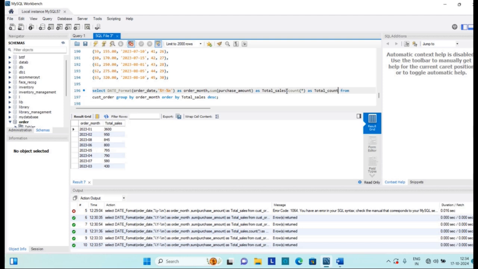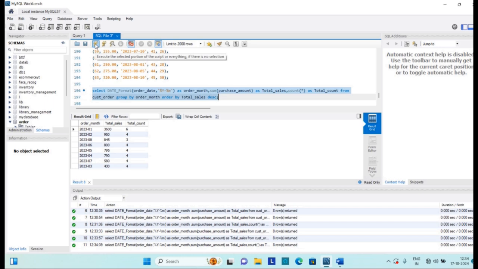It will count the number of rows of a group. Suppose I have about 10 orders in January, there will be 10 rows, grouped in the count star, and it will display as the total count.